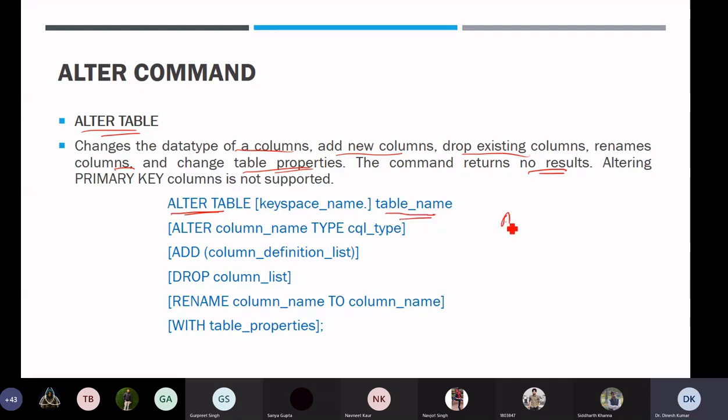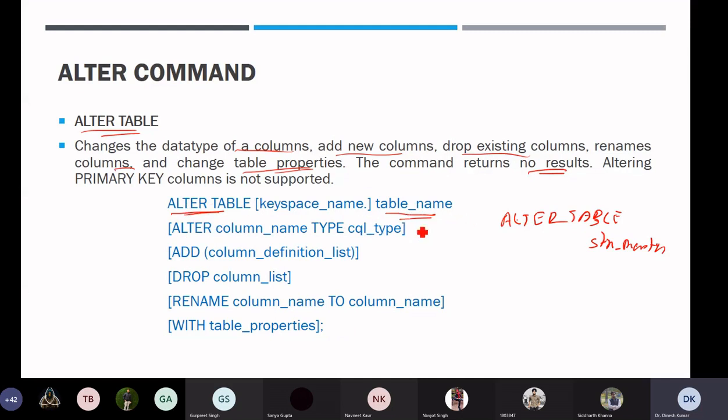So you can write alter table, let's say student_master. Directly you can write, but before we will use this, because if you are at the shell and you are not in this key space, then we can use this particular syntax. You have to remove these curly brackets in that case, right? Otherwise you can use alter table, then the name of the table.